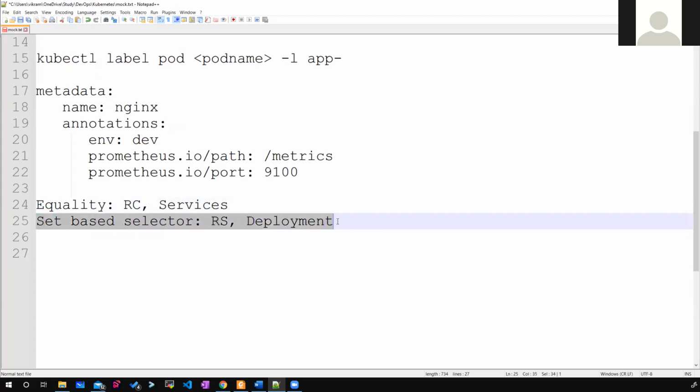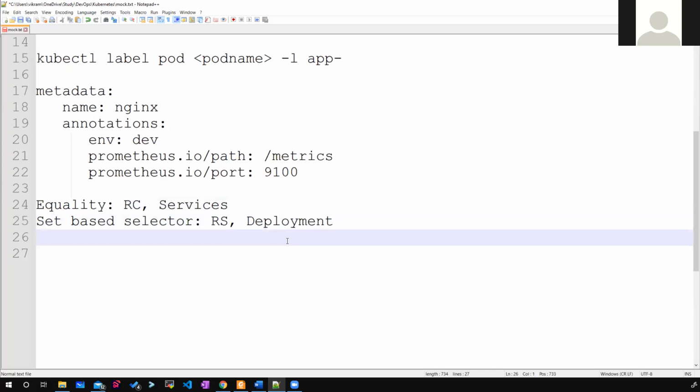I can say select some pods which are in dev or which are in test. I can have set based operations like or, and, not. But in case of equality, I can have only equal or not equal. I cannot have the other kinds of operations.